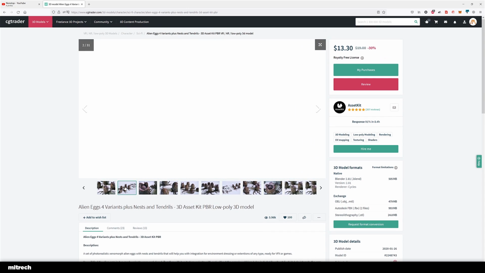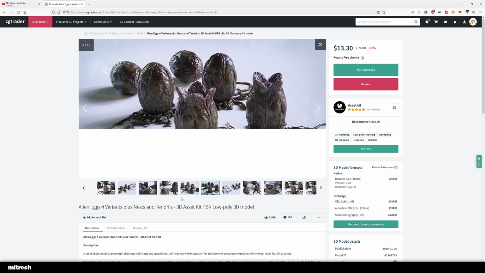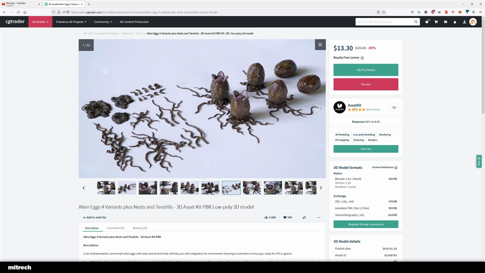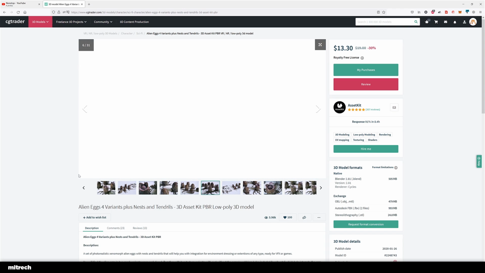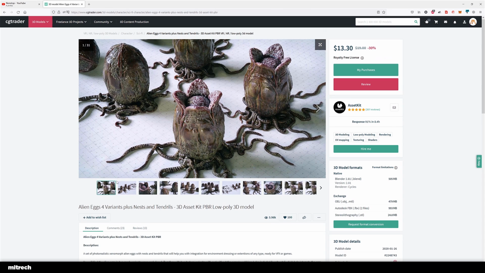All right, so all those alien looking thingies, I was just browsing CG Trader while working on the project, and I came across this really cool asset pack that Asset Kid, apparently that's his name, has made. It's only 13 bucks, right? So I really liked it.